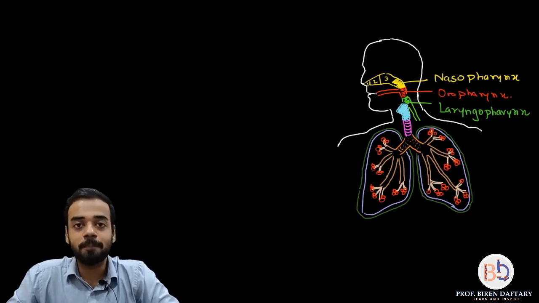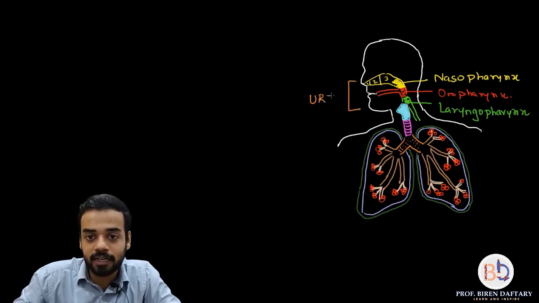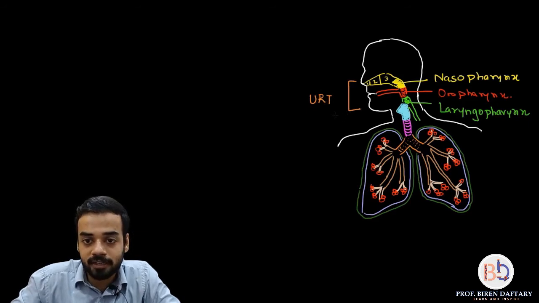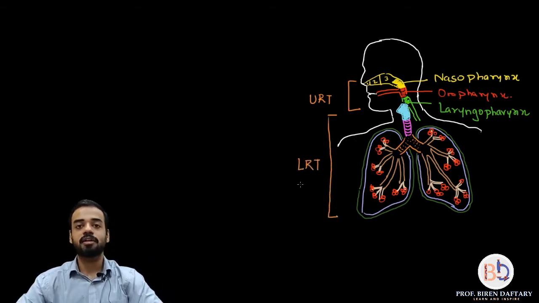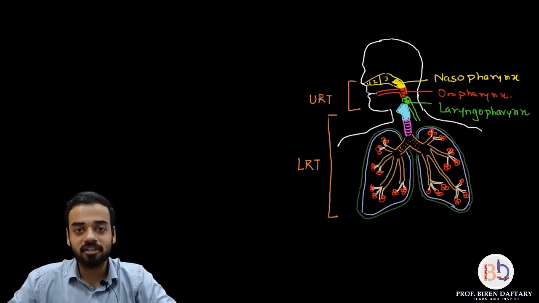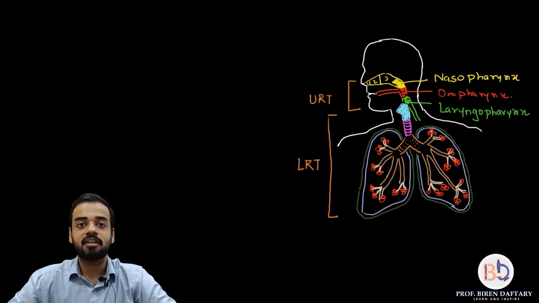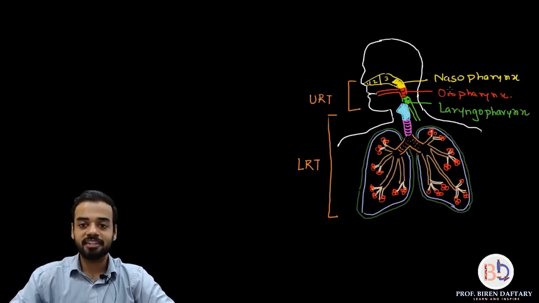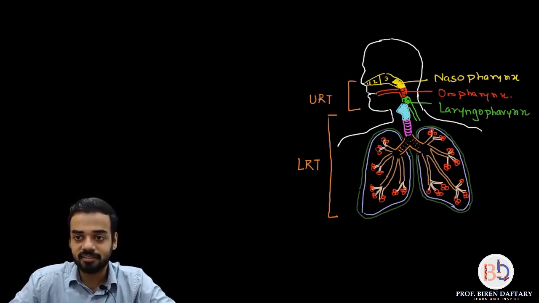Now we have completed the upper respiratory tract. Your upper respiratory tract is this area, URT, I am labeling. The lower respiratory tract will start from this area, which is the larynx, and it will go down right up till here. This I am labeling as LRT, the lower respiratory tract. So let us start with the next part, which is the larynx. This portion is the larynx. Now I have drawn a separate diagram for the larynx because I cannot explain much using this diagram. So let us change the diagram.